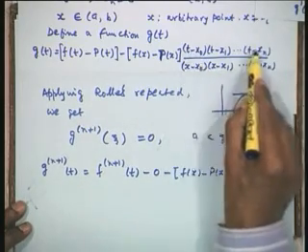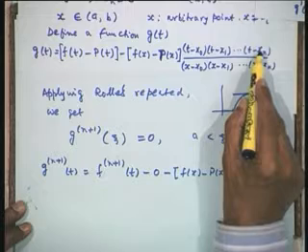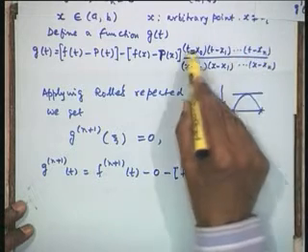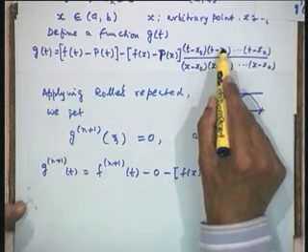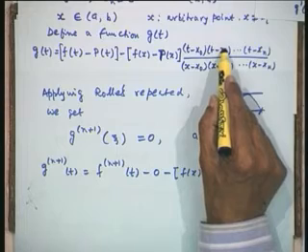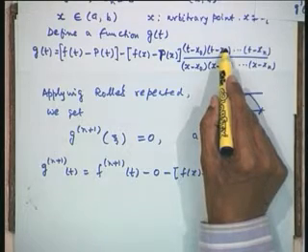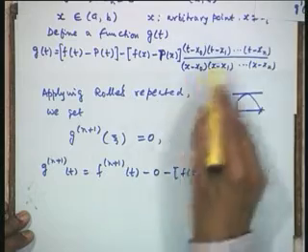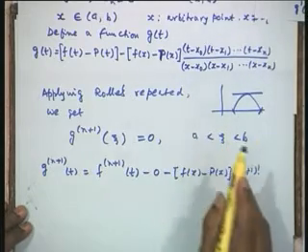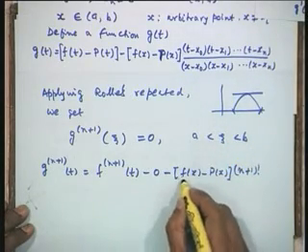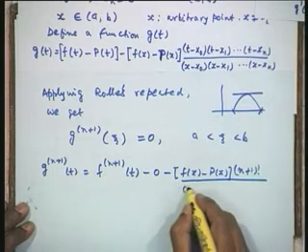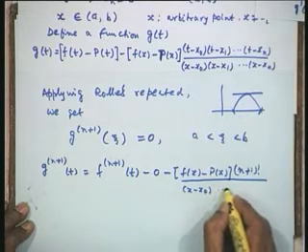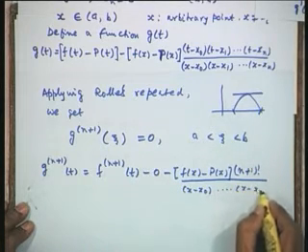Now if you look at this one, there are n plus 1 factors, therefore this is a polynomial of degree n plus 1 in t. Therefore if I differentiate it n plus 1 times, I will get factorial n plus 1. So I would get here factorial n plus 1 in the numerator, differentiating the numerator n plus 1 times, it is a polynomial of degree n plus 1. The denominator stays as it is, that is x minus x naught, and so on up to x minus x n.